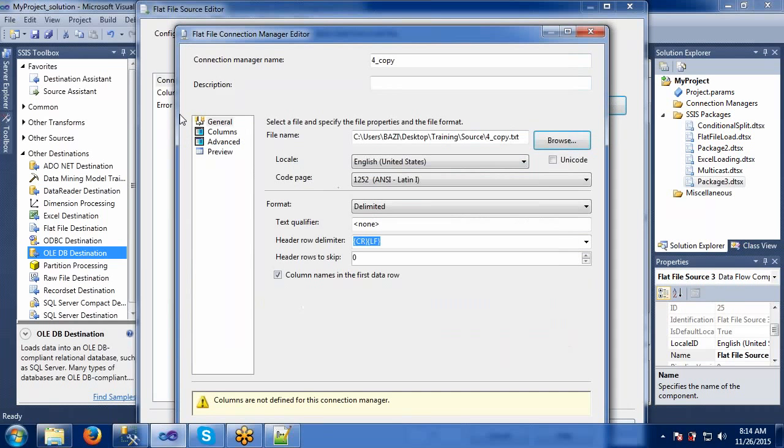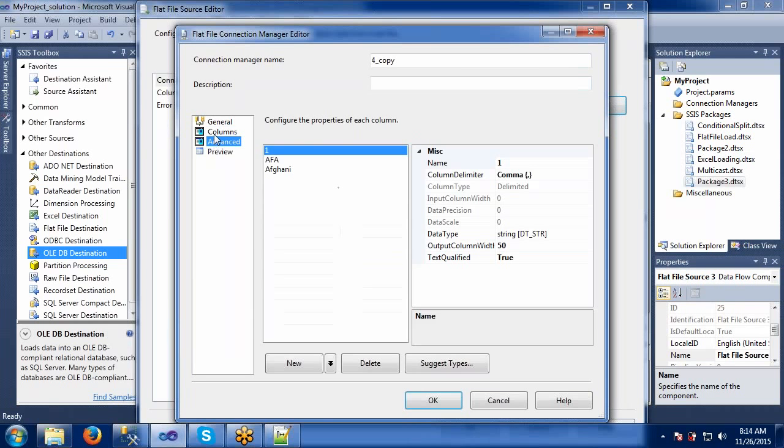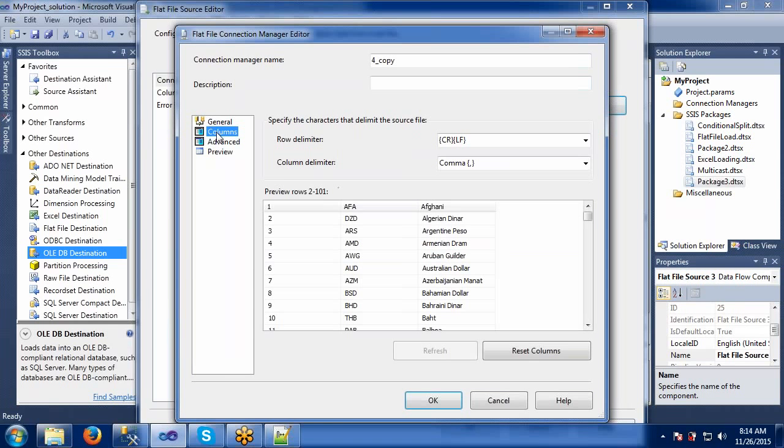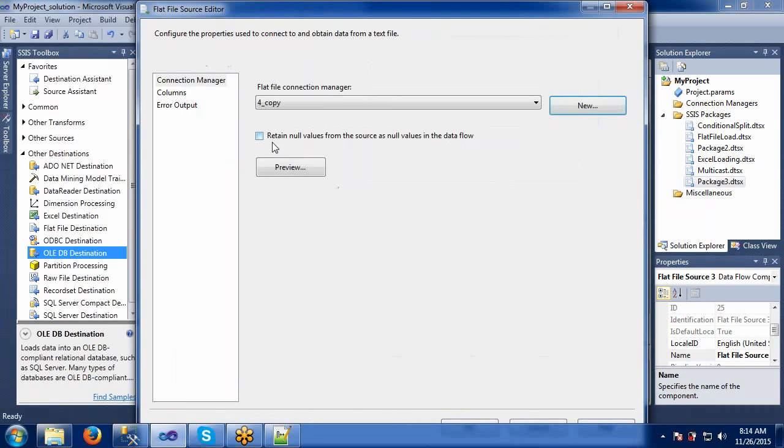I'm taking the fourth file here. If you see here, we are missing some header here. Let's try to copy that one.